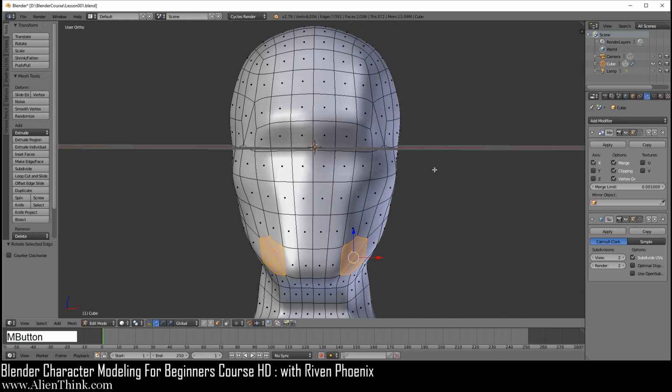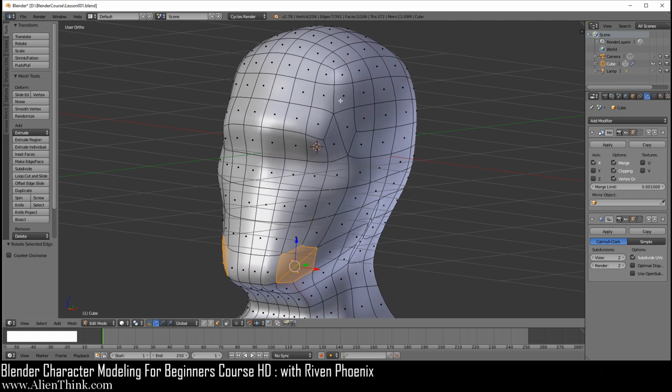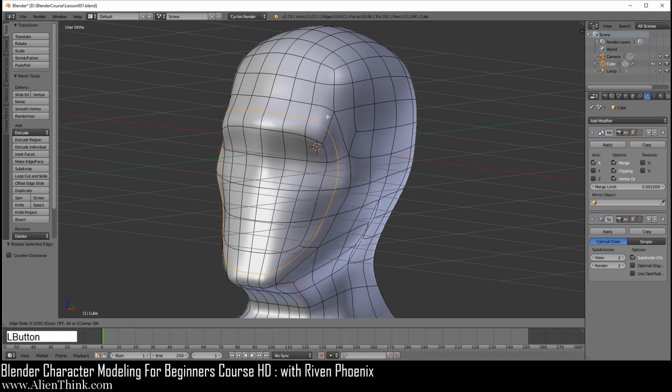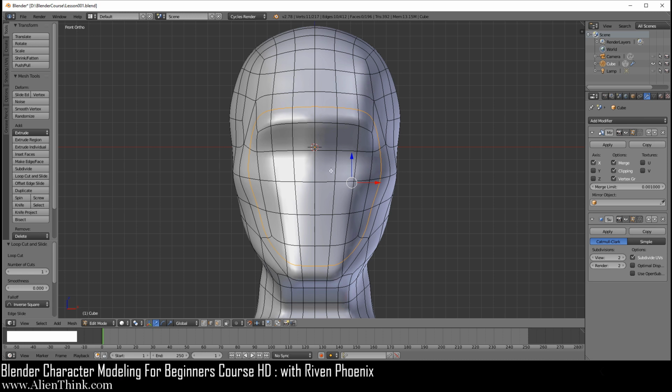Okay, let me actually rotate this to show you what's going on. See this? If I do this, it's going to put an edge loop over here. But look what happens when I come over here. It rerouted itself. It's just going around the face. So if I left click, see that, and right click, you will see that now we can basically make sure that all the details of the face stay within here and do not modify the outside of the structure of the head. This is how you can create very detailed objects and control the flow of topology.